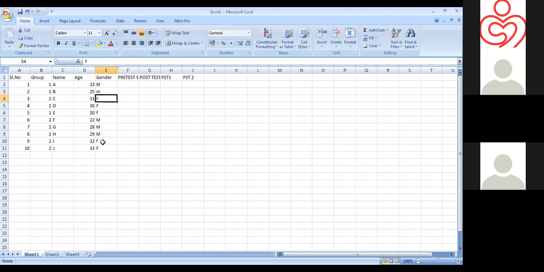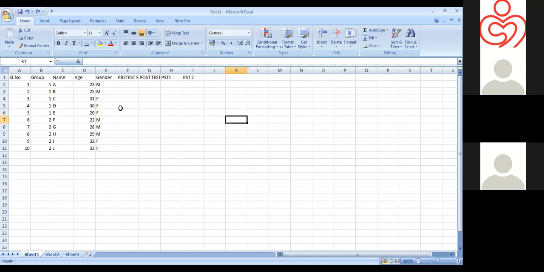So SPSS will show 4 categories. Actually, we have only 2 categories. So the data entry should be consistent, and the naming of the variable should be unique. Otherwise, we will get biased results. We may have to redo it again at that time. So while entering itself, you need to check all these things.